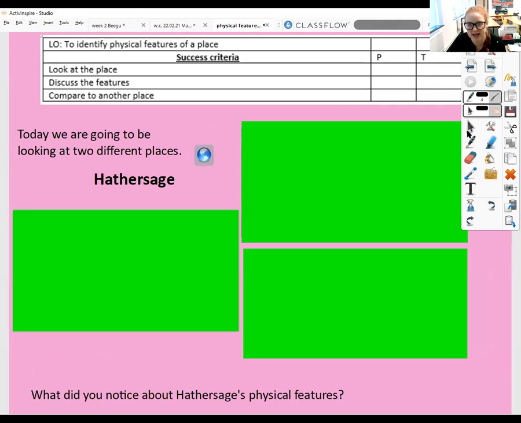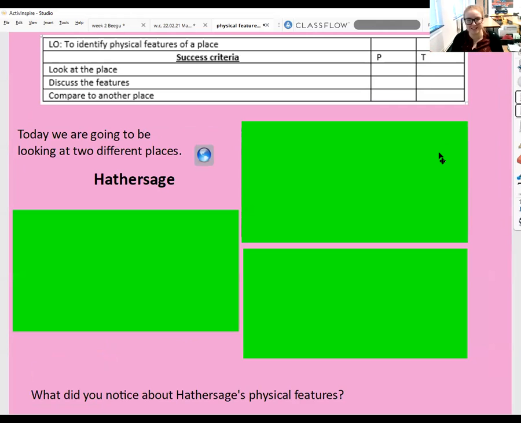Let's have a look at what we're doing today. So we're going to be looking at another two places. Oh, wow. So many places to look at. So last week we looked at Whitby and Eyam, and now we're going to look at somewhere called Hathersage. Can you say Hathersage? Hathersage. So Hathersage is not far from Sheffield. We might look at that at the moment, but let's just look at this video of Hathersage and see what